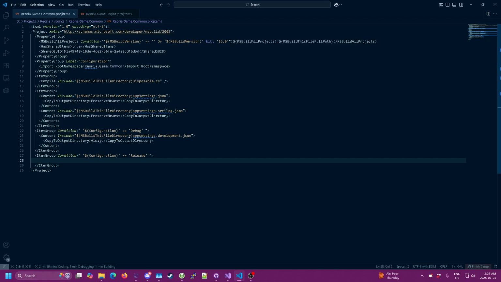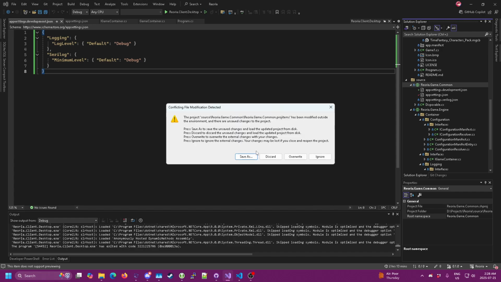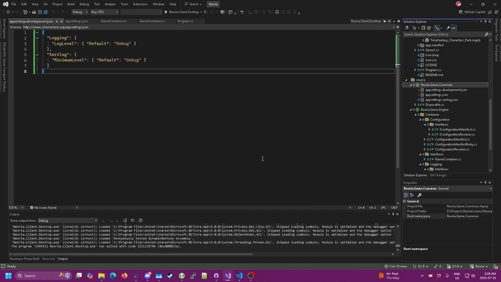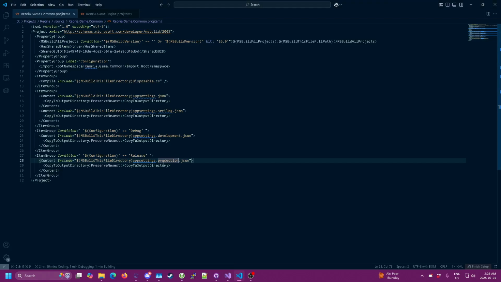So yeah, this will only copy the appsettings.json now if we're in there. And let's do preserve newest. And then I'm going to include appsettings.production. I'm not actually going to have that in there, but if I just copy into this and reload that, you'll see it's doing that now. I need to actually create that, so let me just